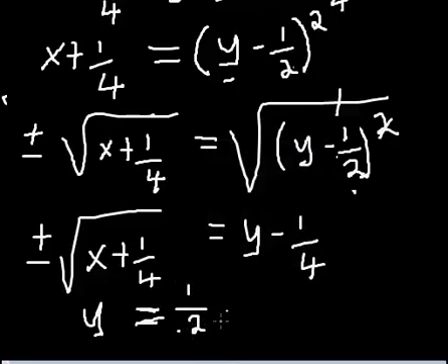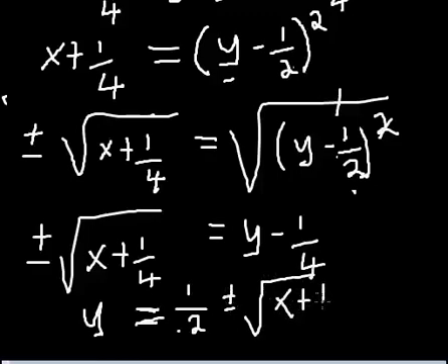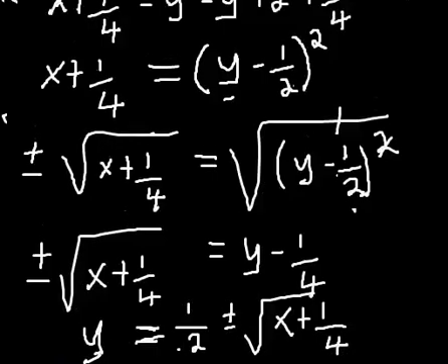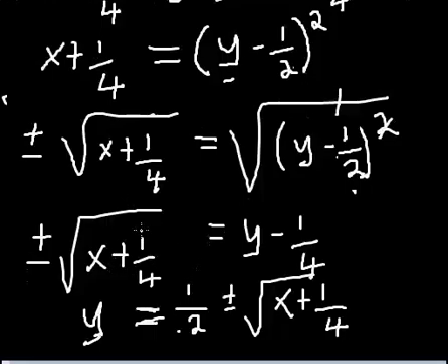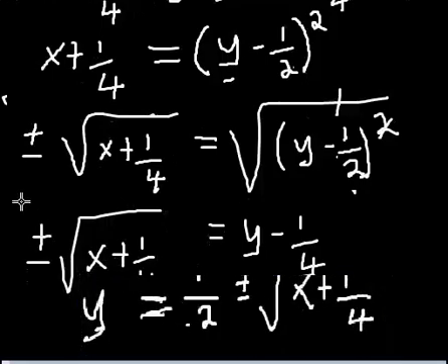Then plus or minus the square root of x plus 1 all over 4. That is it. We are done. All right, so this is the inverse of that particular function. So now remember, I just found the inverse. That is not what I'm being asked to find. So let me take the inverse that I just did,